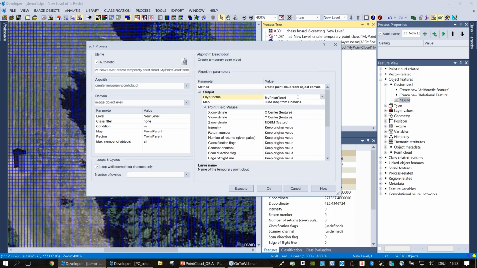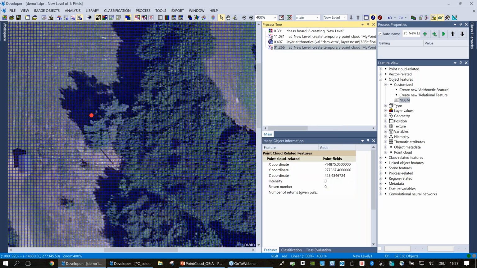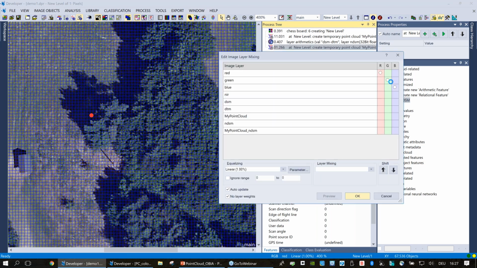I can also change the name of this point cloud, and we'll just say my point cloud NDSM. And again, keeping it or deriving it from image objects, that all still stays the same. Then execute this algorithm. It ran through very quickly,